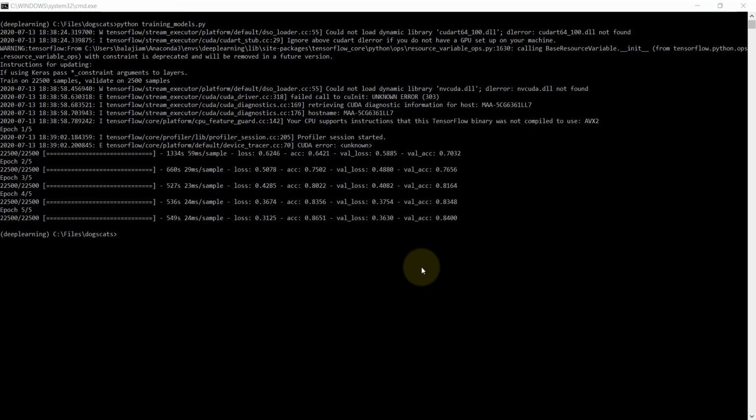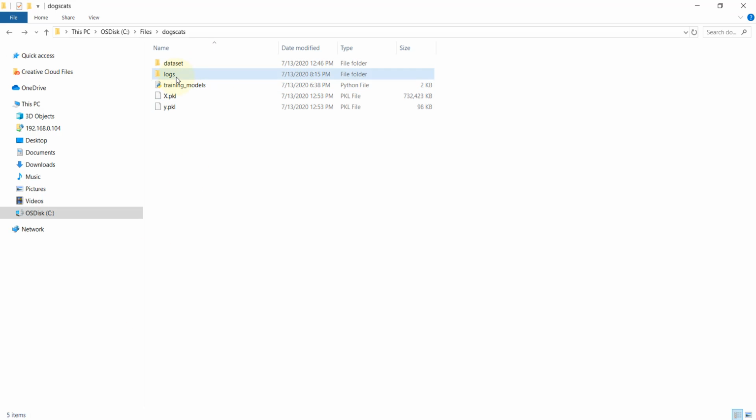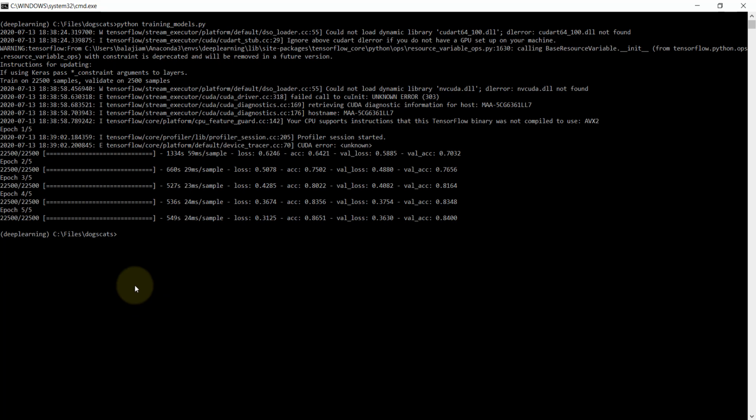Our training is completed now for the second model. We can see the accuracy and validations here. When we go to the file explorer, inside logs there are now two folders. The first folder is for the model that we created earlier, and this is for the latest model that we have created now.